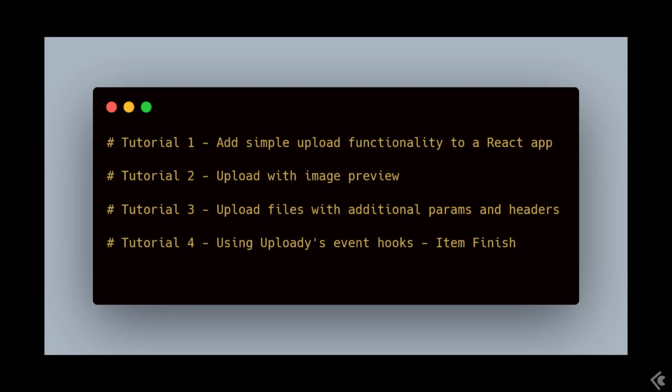Let's get started. For the rest of this video, we'll go over the following tutorials. We'll keep it simple for now, and I'll show you how to get started with Uploady. In the following videos, we'll dive into more complex examples and concepts. We'll start with some of the most common and most useful UI components, the upload button and preview. We'll see how to add parameters and headers to the file being uploaded, and finish with an example of one